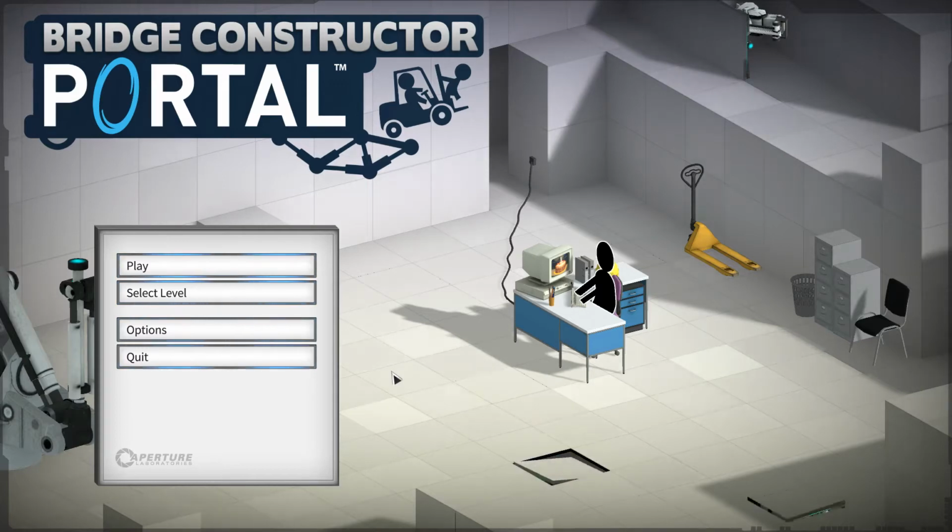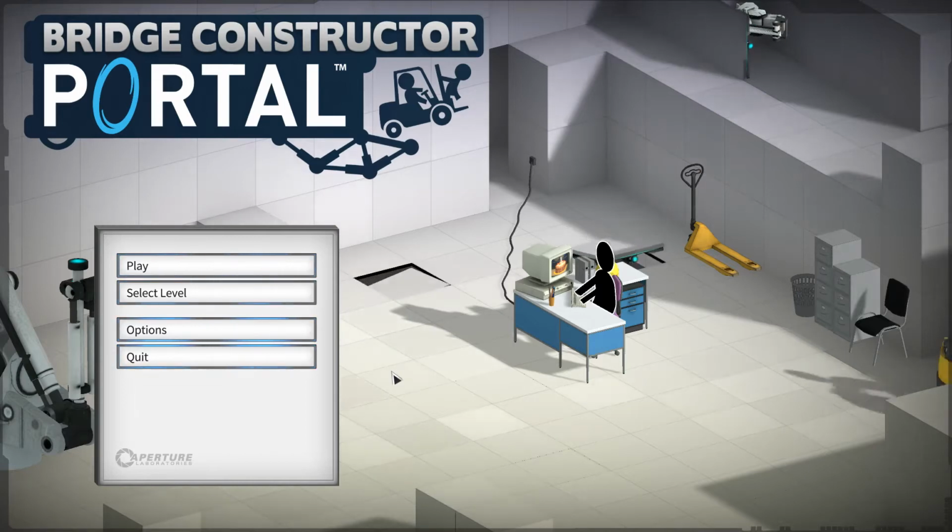You have portals, so your vehicle will cross a bridge into a portal. You have to build a second bridge where the portal leads to get them across. You can have turrets shooting. You have to figure out how to get past the turrets, or take out the turrets. You have bouncy and speed up gel. So you have these sci-fi elements from Portal injected into Bridge Constructor, which is great because the original Bridge Constructor